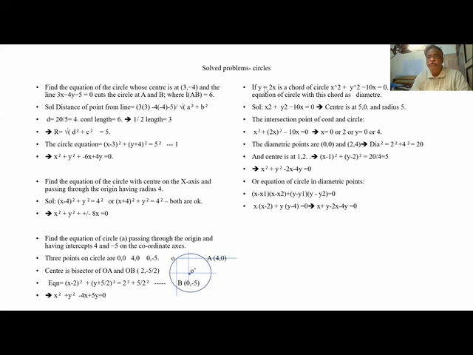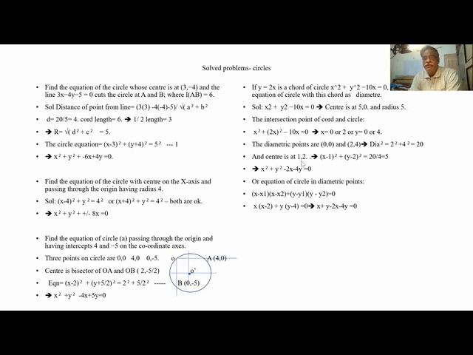So we have to find the two ends of this chord on this circle. So I am simply substituting the intersection point of the chord, putting y is 2x. So x square plus (2x) whole square minus 10x is 0. When I solve this, I get 2 values for x because it's quadratic in x. Similarly, for y I have 2 values. So these are the two ends of the diameter: one is 0, 0, another is 2, 4. If I substitute this in (x minus x1)(x minus x2) plus (y minus y1)(y minus y2), I will get an equation.